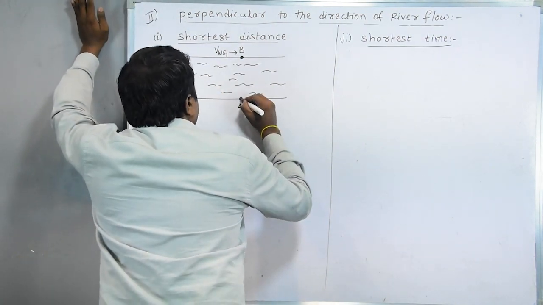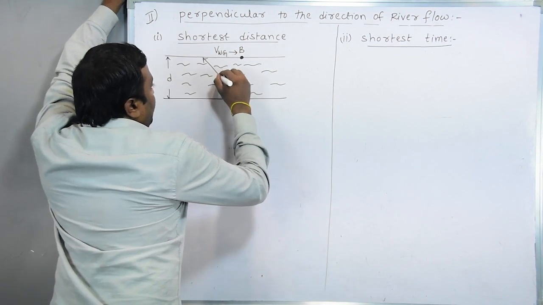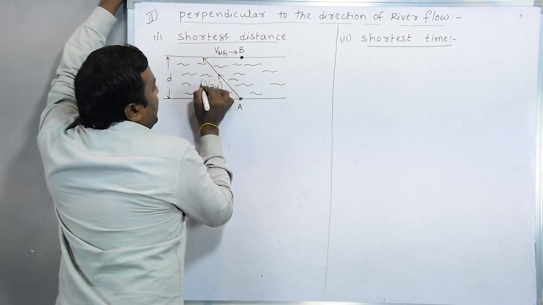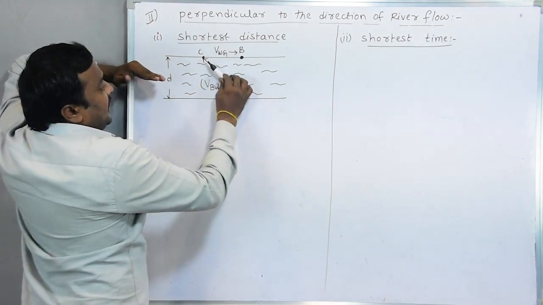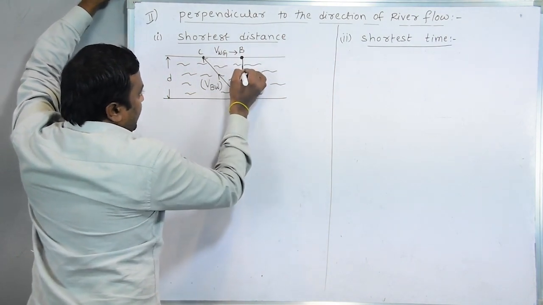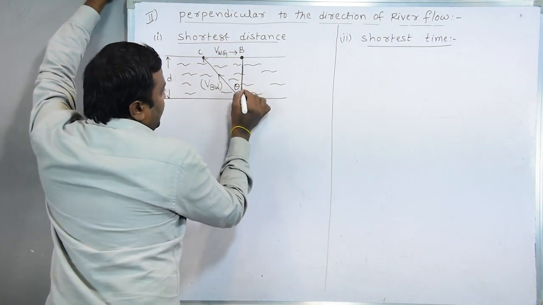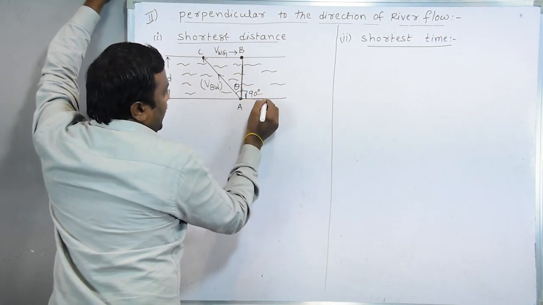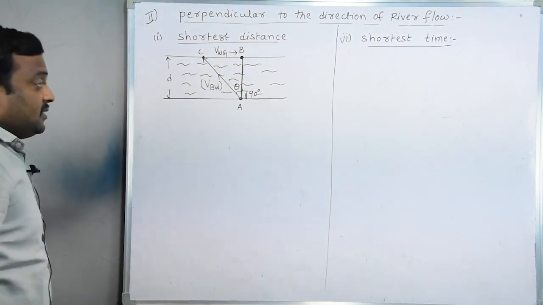We are considering the initial velocity of projection of the boat in this way, which is the velocity of boat with respect to ground. Consider C as one of the points. If the boat starts like this, due to the water effect, it will reach the exact opposite point. For geometrical purposes, we draw it making an angle theta. This angle is already 90 degrees. So to the direction of river flow, it makes 90 plus theta, opposite to the direction of river flow.